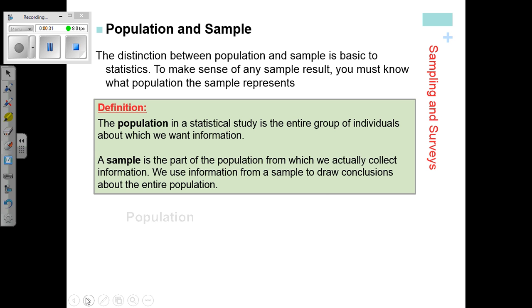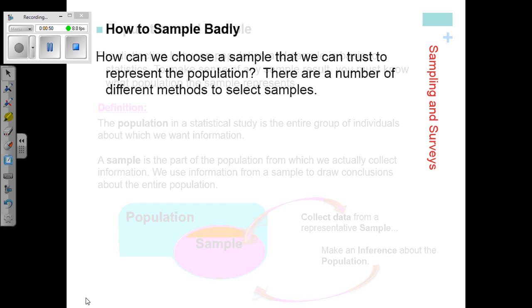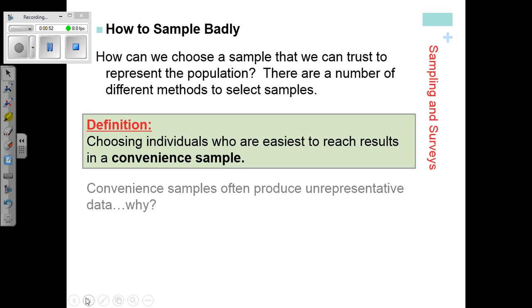Okay, we talked about population and sample and how we are trying hard to estimate a population parameter using a statistic and a sample, and so we need to get the sample as the best representative of the population when we first collect our data. So that's our goal. We talked about bad ways to sample, including a convenient sample where we get maybe the